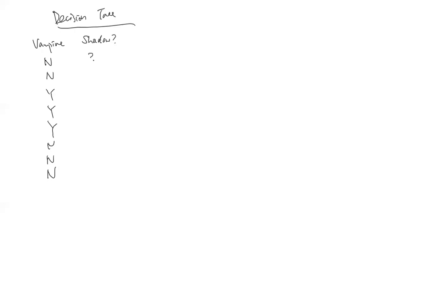The first one has no information, and the second one has yes, there's a shadow, and then don't know, and then no, and then don't know, and then yes, yes, and then don't know. The second feature is whether the individual is afraid of garlic, and this is yes, yes, no, no, no, no,